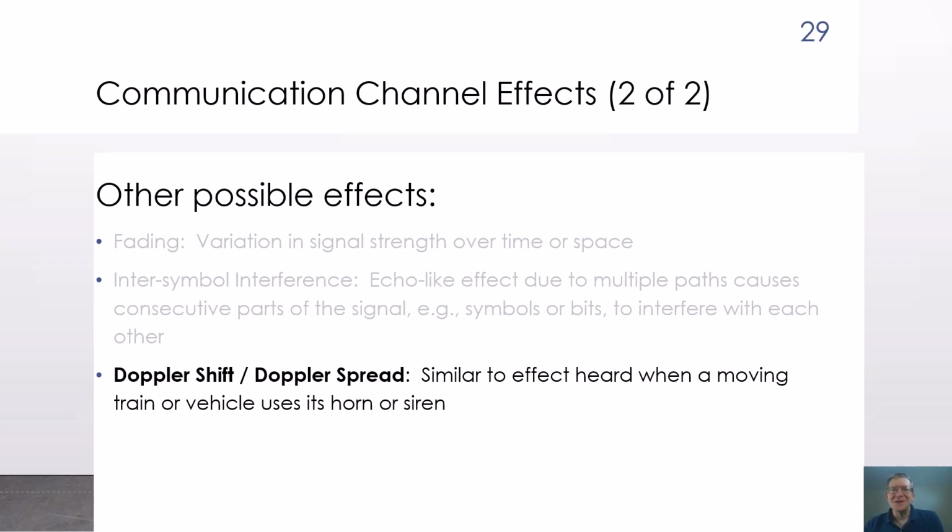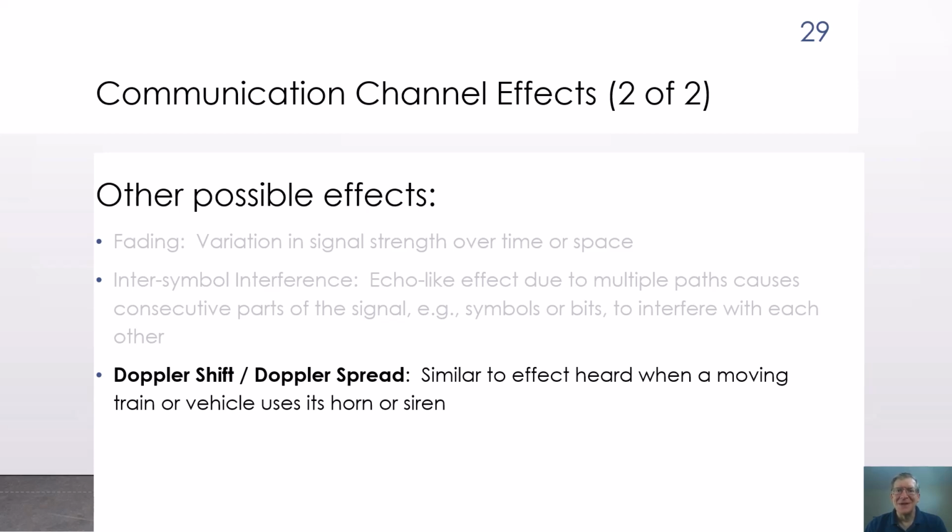Radio signals can also experience Doppler shift, like the change in pitch in an emergency vehicle siren that you may hear as the vehicle moves past you. In the same way, the frequency of the radio signal heard by the receiver will change if the distance between the transmitter and receiver is changing. In mobile channels that have multiple paths, a Doppler spread results from variation in the rate of change of the